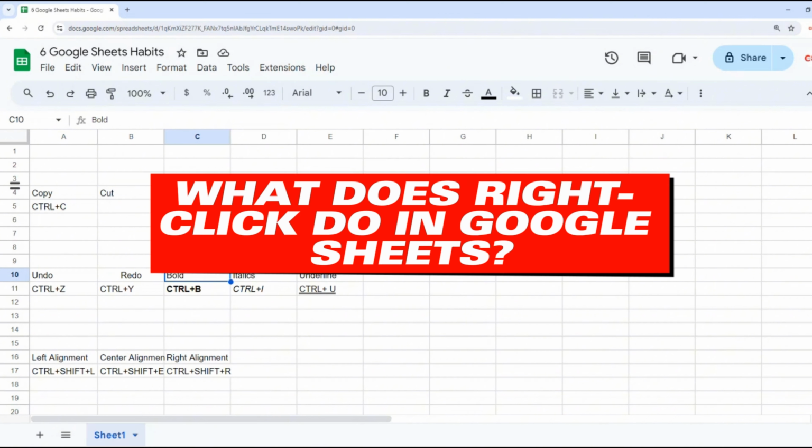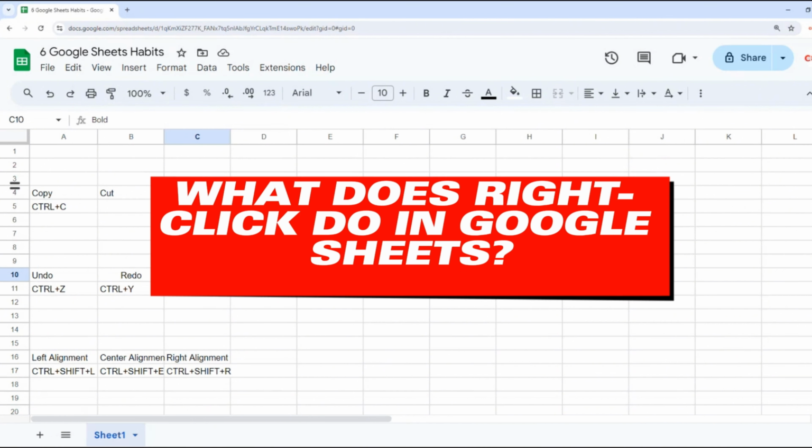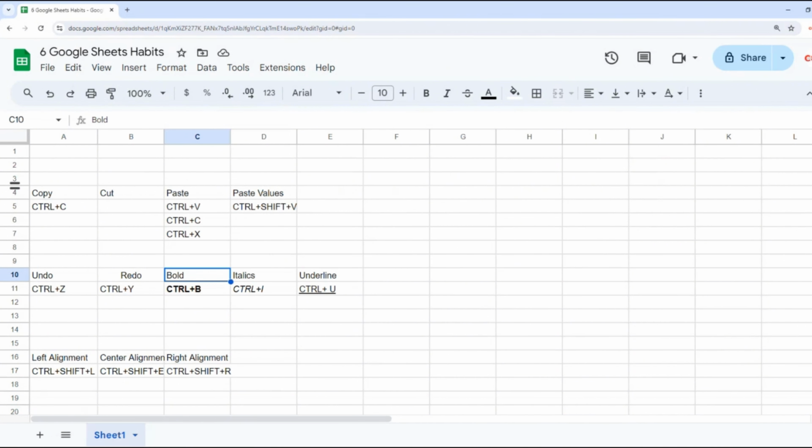Another question you should ask is, what does right-click do in Google Sheets? Avoiding the right-click menu is a habit that can keep you at a beginner level in Google Sheets. The right-click menu provides a quick and efficient way to access many essential functions without navigating through multiple tabs and menus above. Let's create a new sheet